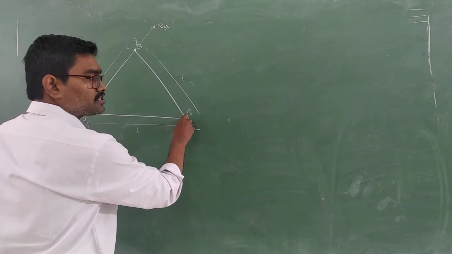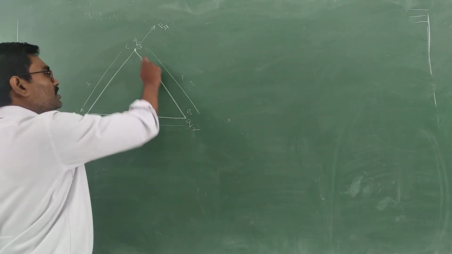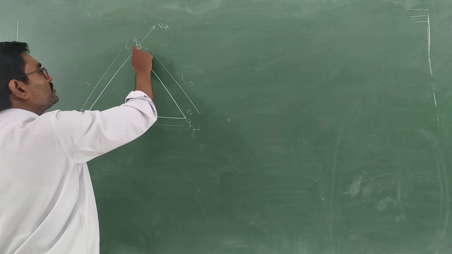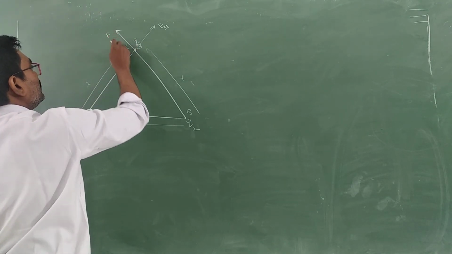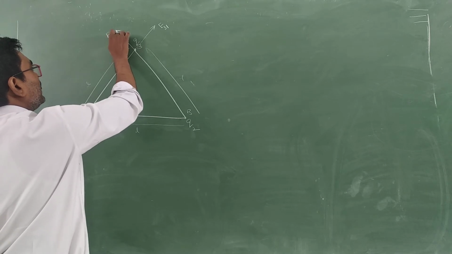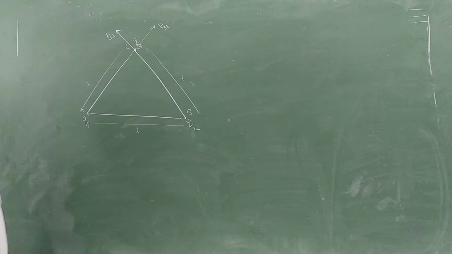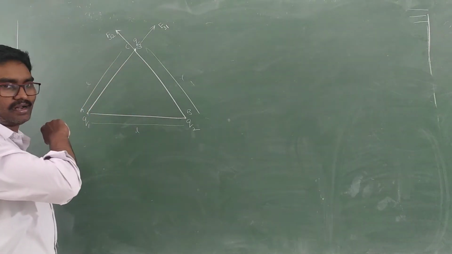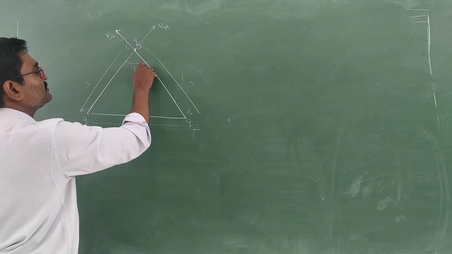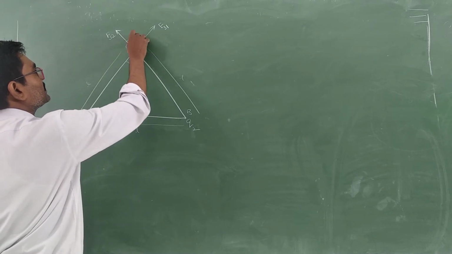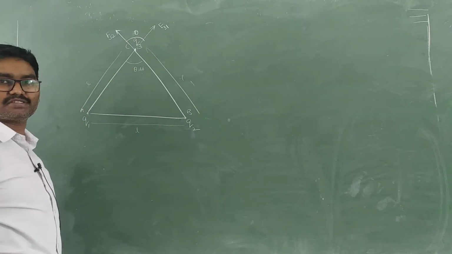Now Q2 also will exert some force on Q3. In which direction will that act? Along the line joining. Since both are positive, it will push outside. So this is the force acting on 3 by the second charge Q2, F32. As this is an equilateral triangle, what is the angle between them? Theta is equal to 60 degrees. Take it as theta first, later we will substitute the value of 60.